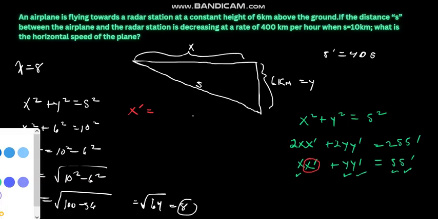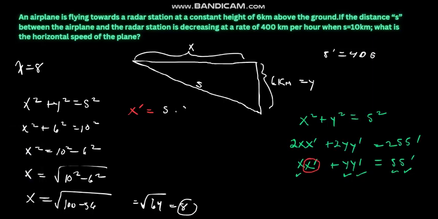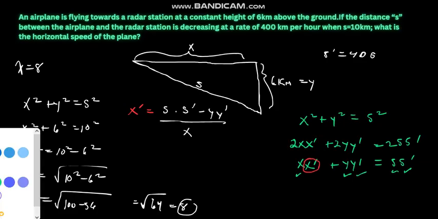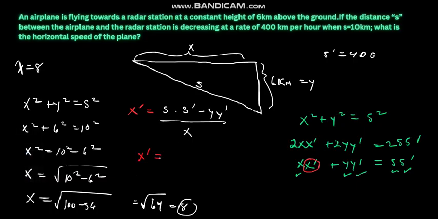So we're going to say that x prime is equal to s times s prime, and we're going to subtract y y prime, and then divide by that x there. So I just reorganized that for x prime. So then we just got to plug and chug now at this point. Pretty straightforward stuff. So then x prime is equal to,